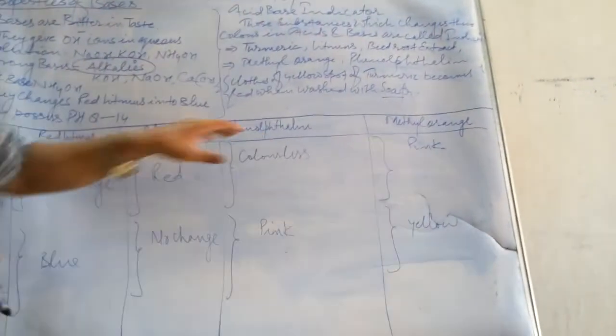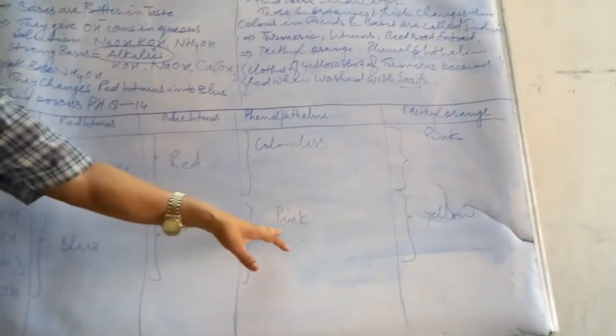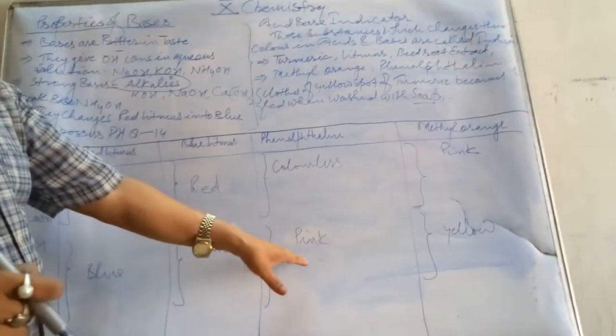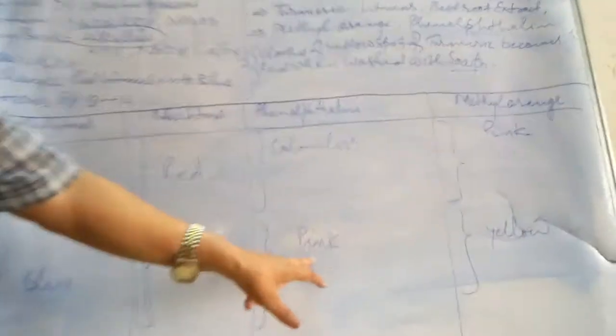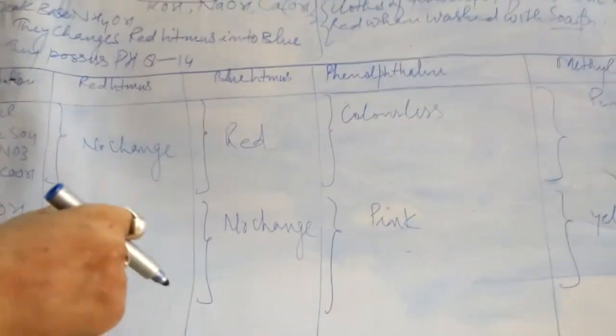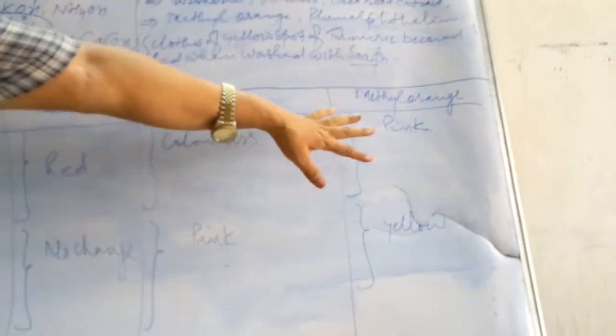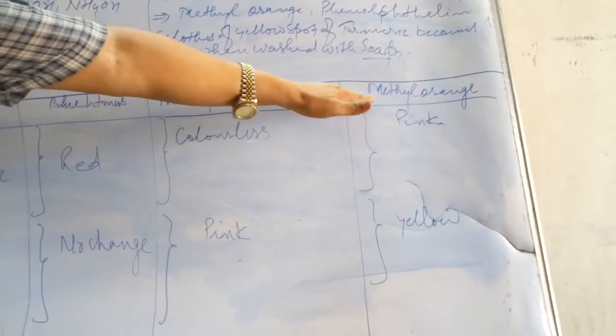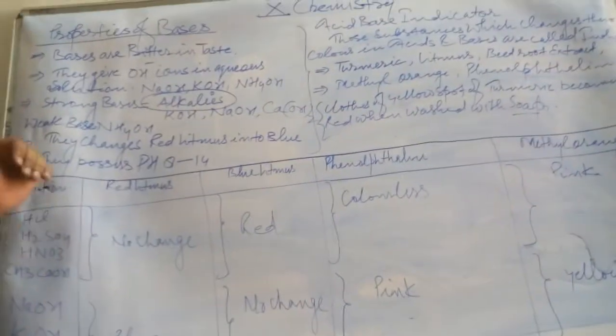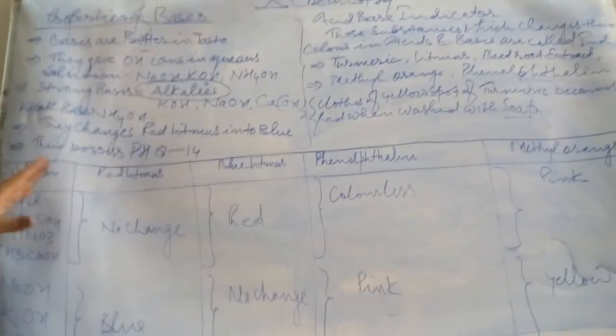It is okay, but when the bases are treated with blue litmus, there will be no change of color. But if these bases are treated with phenolphthalein, which is the synthetic indicator, what will happen? There will be the observation of pink color, correct? But when these bases are treated with the solution of methyl orange, that is also a synthetic indicator, there will be yellow color. So this data will help you find what color you will get with the treatment of a particular indicator with acid and bases.